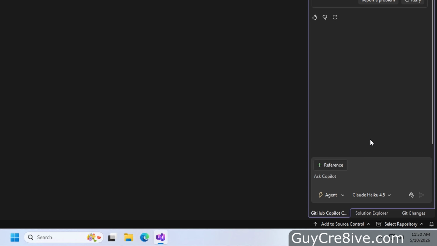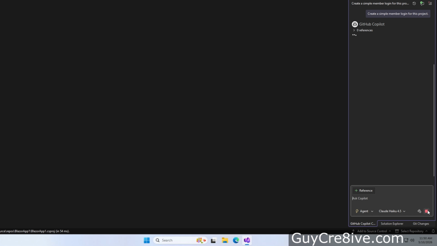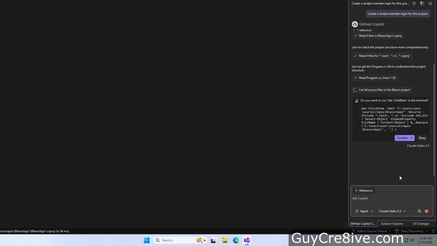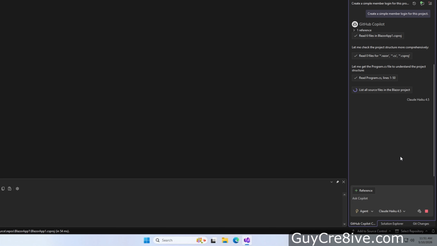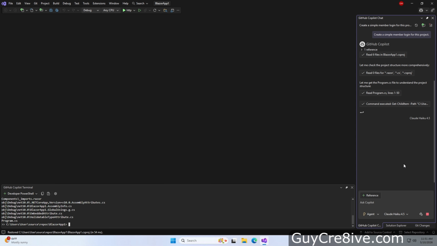Then I will paste the same request to create a simple member login for this project and go over and click Start Chat to begin processing with the Claude model instead of the GPT model. It will then start reading files to understand the project and then ask if I want to run git children in the terminal, where I will continue by clicking on the Confirm button. The Claude model will then go through and create new and modify existing pages to build a member login system